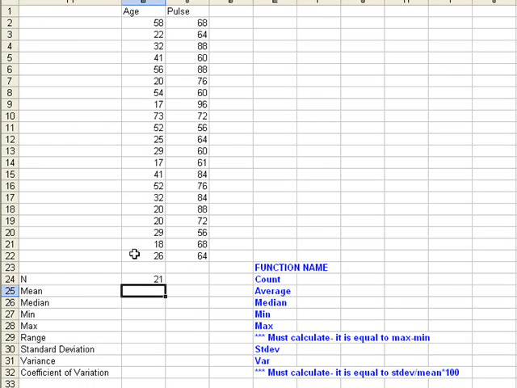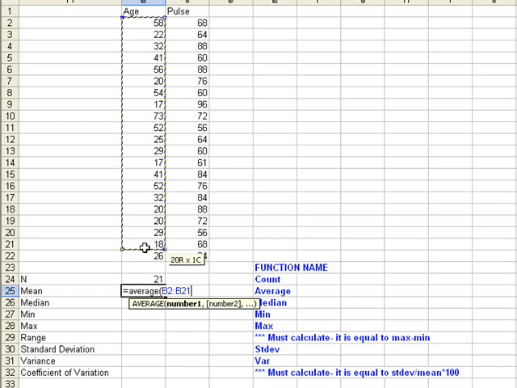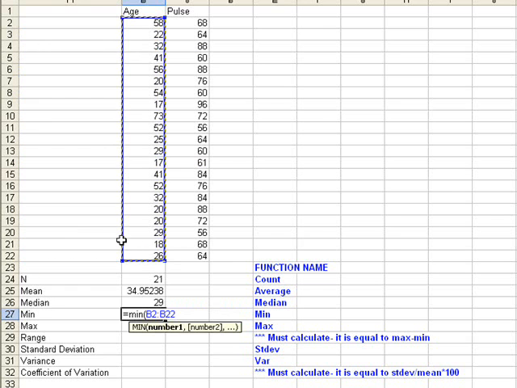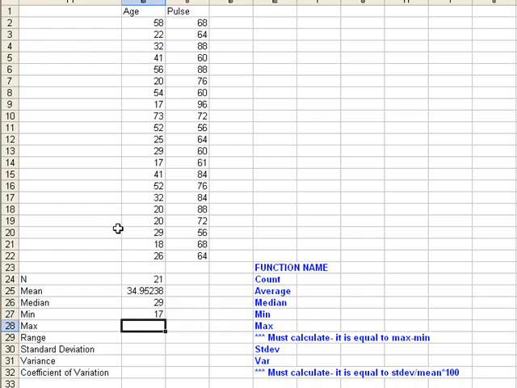Similarly, we will do the mean. That's equals AVERAGE, our built-in function, open parentheses, highlight the cells, close parentheses, enter. To do the median, it's equals MEDIAN, open parentheses, highlight our cells, close parentheses, enter. For the min, it's equal sign, MIN, open parentheses, highlight our cells, close parentheses, enter. For the maximum, it's equals MAX, open parentheses, highlight our cells,